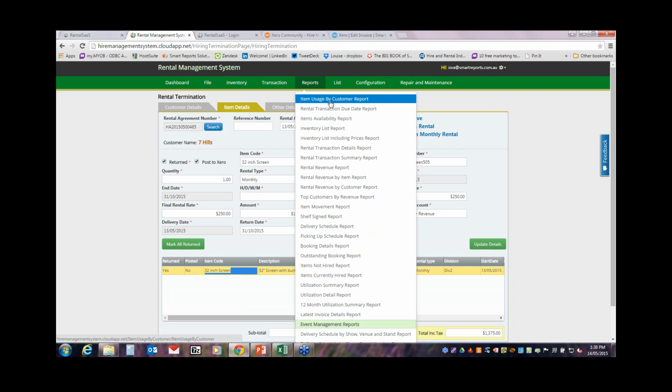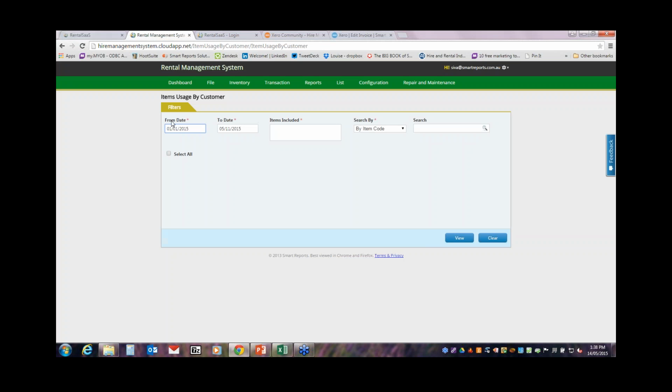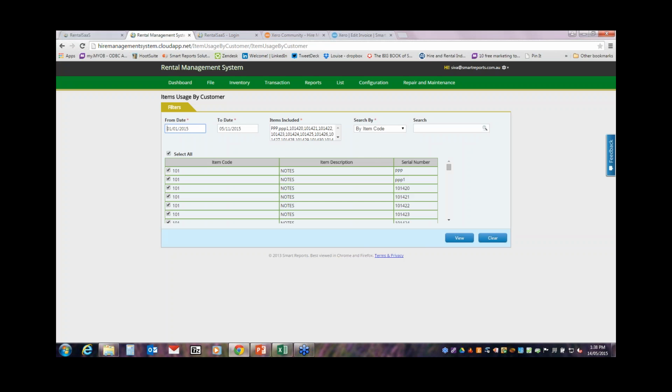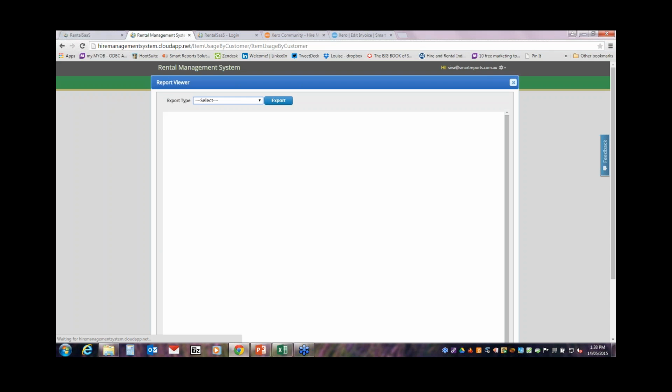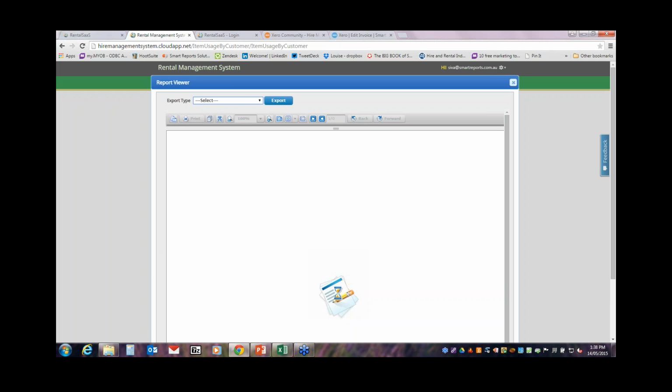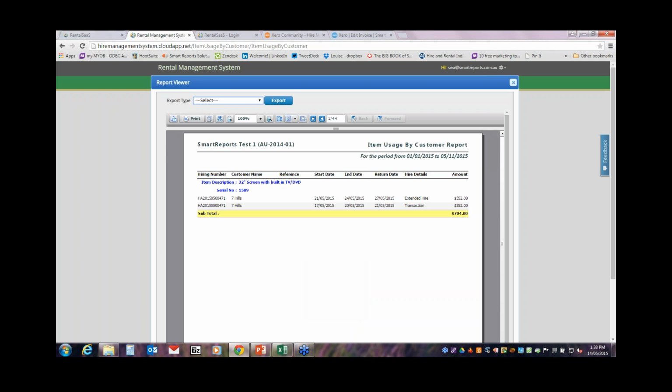Extract item usage by customer. Show me how my items are used. For example, you may want to say, all right, for this period, I want to look at my 32-inch television, see how they are progressing. I want to select all of them and see how they have been used during that period. The system goes and grabs all the data and tells you,